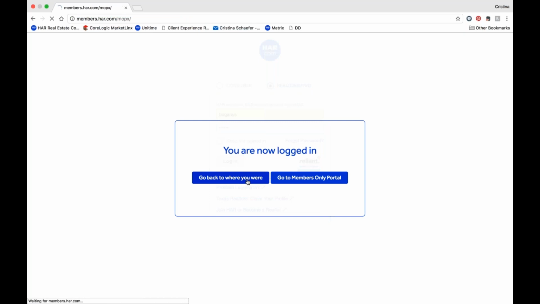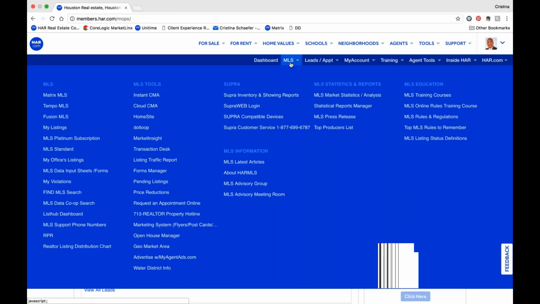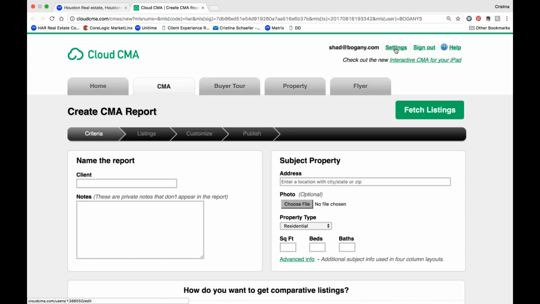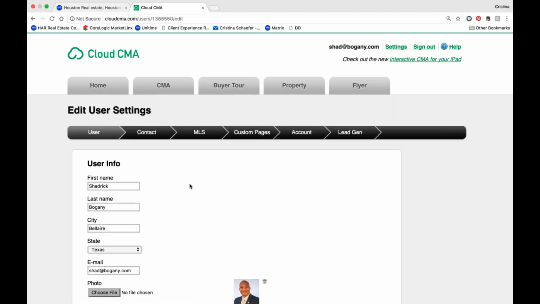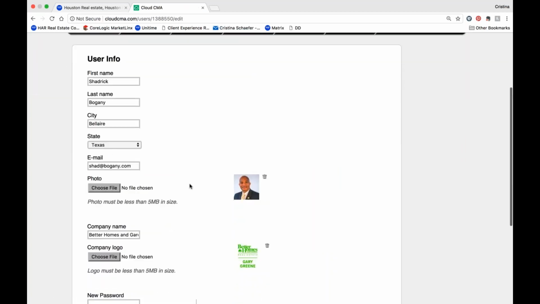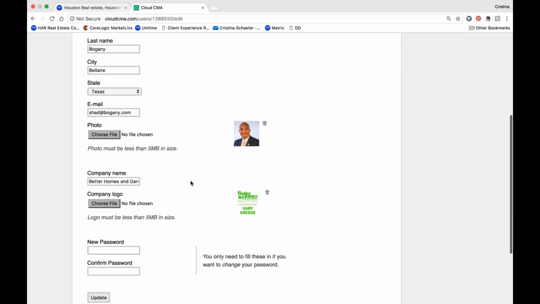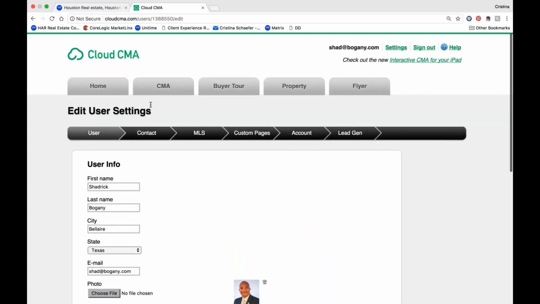So when you go into Cloud CMA for the first time, I would encourage you to first click Settings, go through and make sure your information is in there correctly, or in there the way you'd like to see it. Upload your headshot, upload your company logo, all of that stuff to make sure that it's all in there and good to go, okay? Then, like I did earlier, I ran the search, I brought those comps into the CMA,